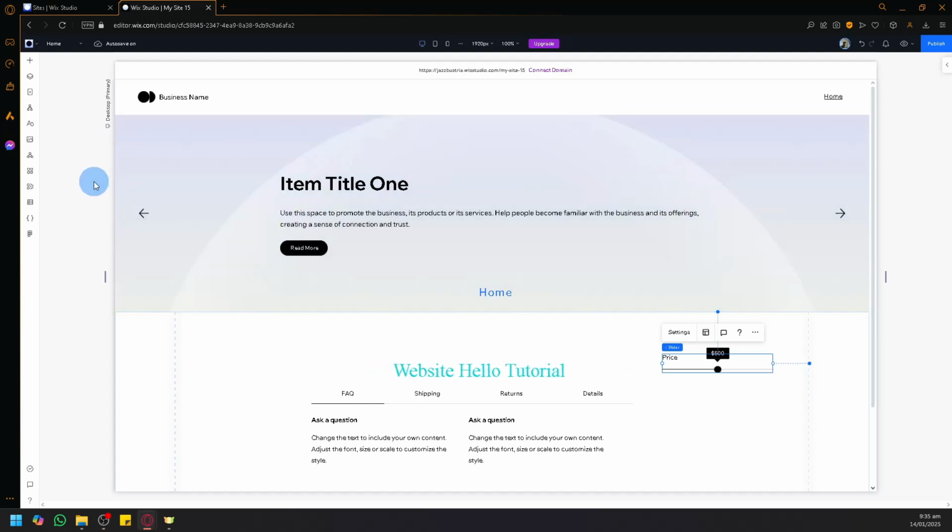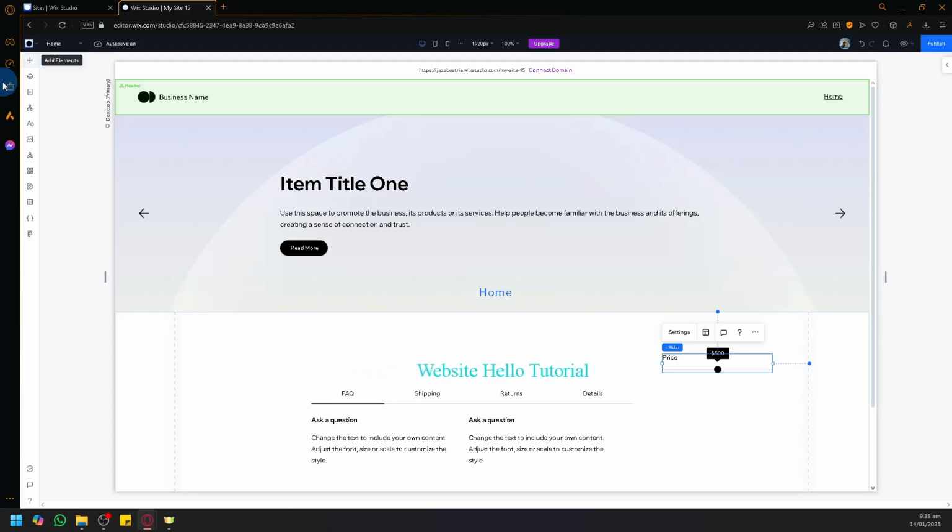Now typically when you create an empty canvas or an empty page, there will automatically be an empty header over here. As you can see, it's very empty, there are no designs or whatever. The menus are not populated. But if you're not satisfied with the design, you can easily add a new header by clicking on our add